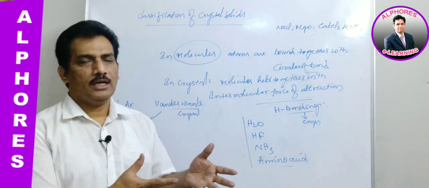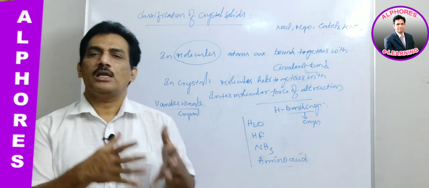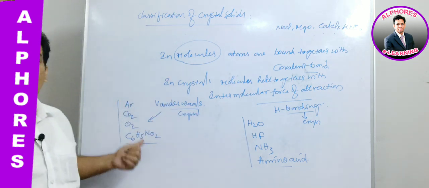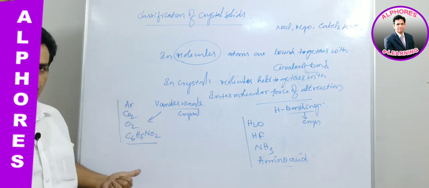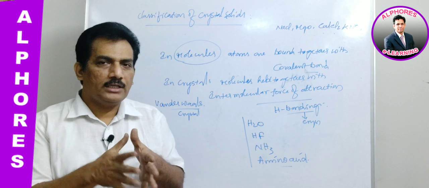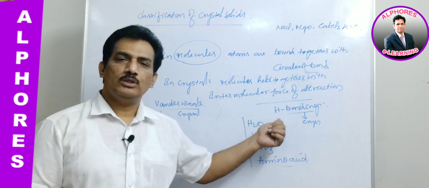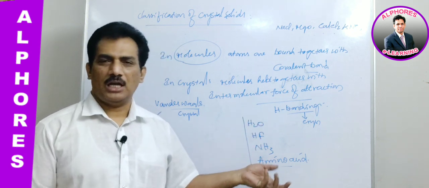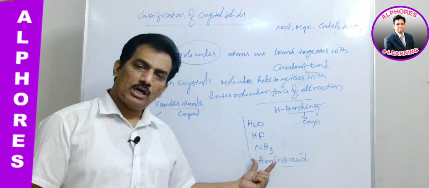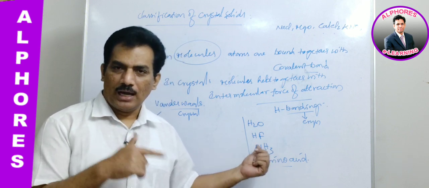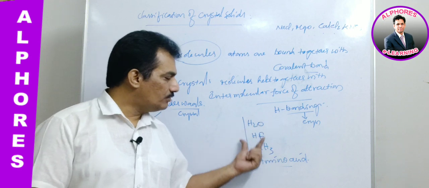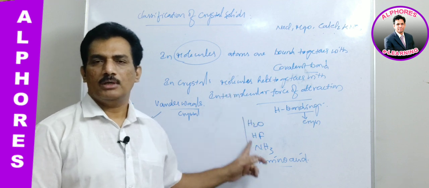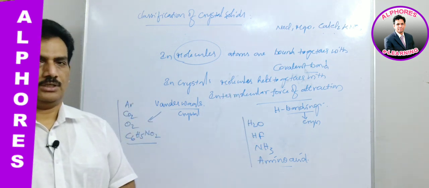In case they have van der Waals attraction, such molecular crystals are known as van der Waals crystals, and these are examples. And in case the intermolecular attraction in molecular crystals is due to hydrogen bonding, then they are known as hydrogen bonding crystals. The best examples are these compounds, as we know all of them possess hydrogen bonds, is it not? Because of the hydrogen bonds, the intermolecular attractions are automatically hydrogen bonds, and these are the best examples for hydrogen bonding crystals. Clear?